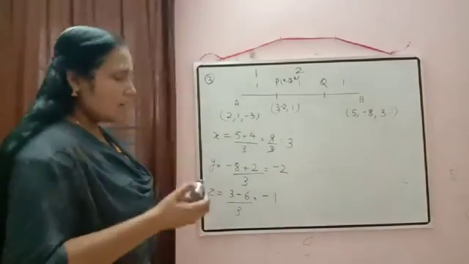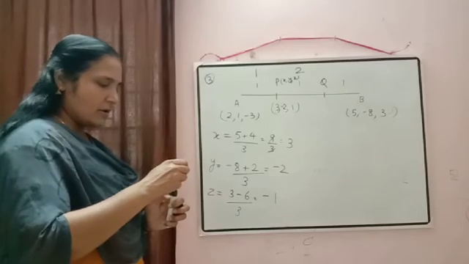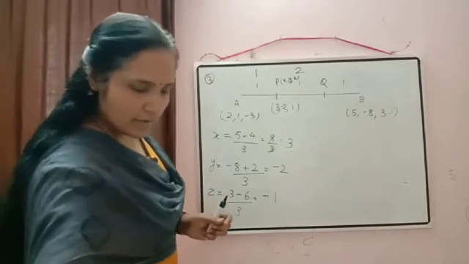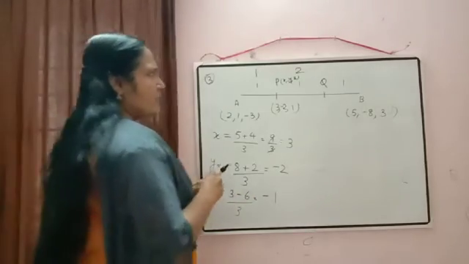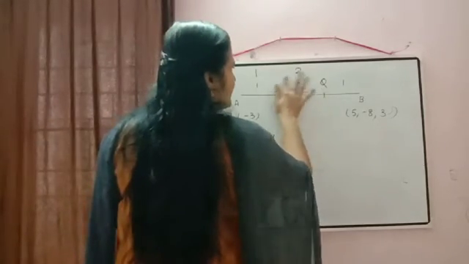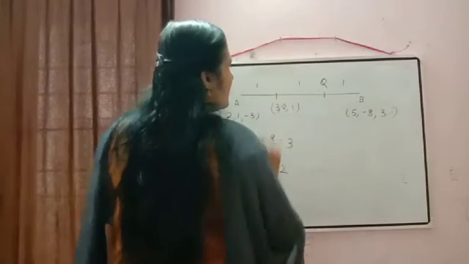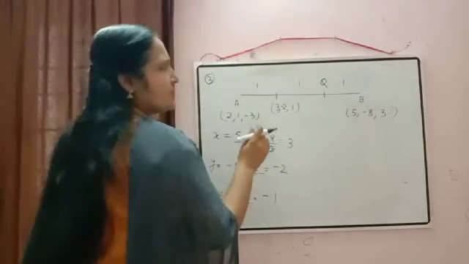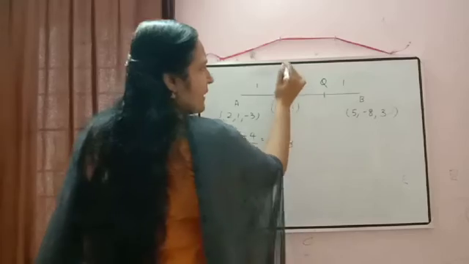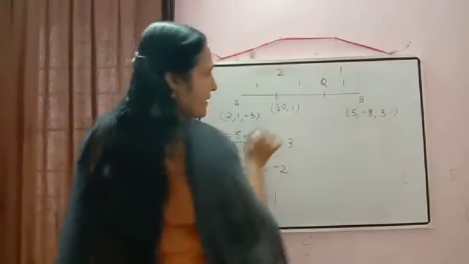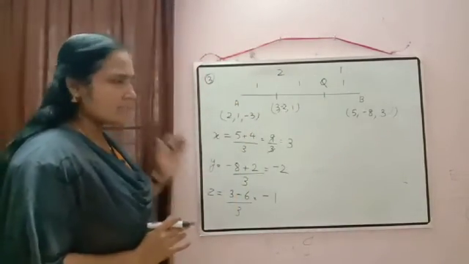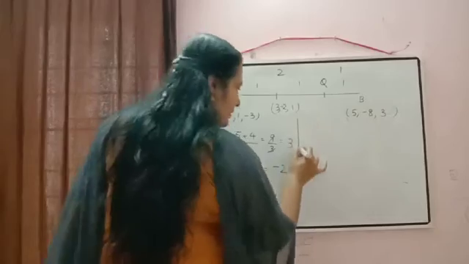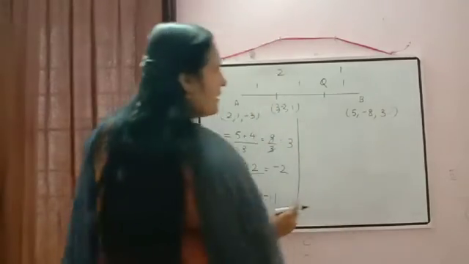Next one. Now we have to find out the coordinates of Q. So for that, two methods are there. As we calculated for P there, if you check the ratio, Q divides AB in which ratio? Here 1 plus 1, 2, 2 is to 1. So Q divides AB in the ratio 2 is to 1 and then use the same formula there. Otherwise, is any other method there?